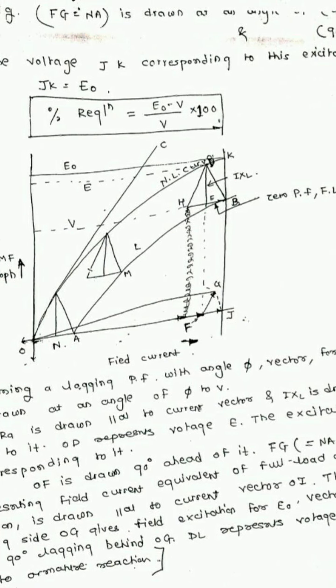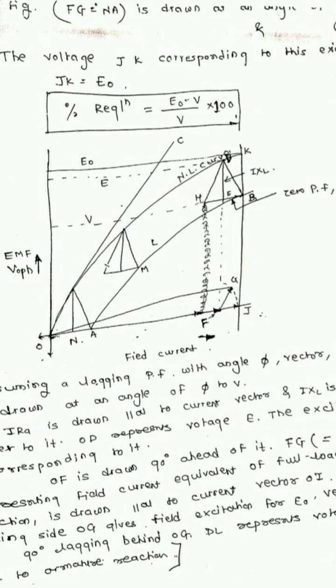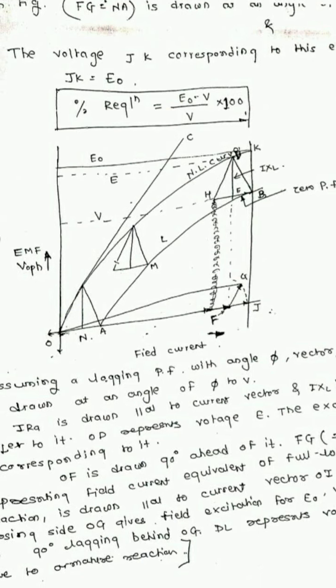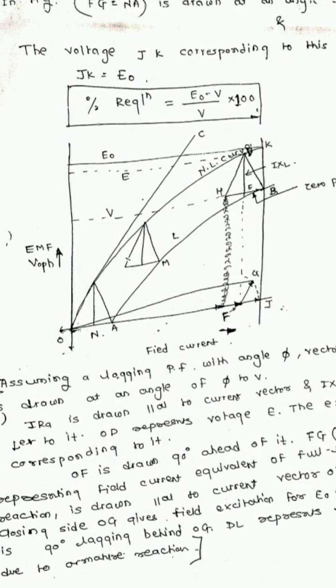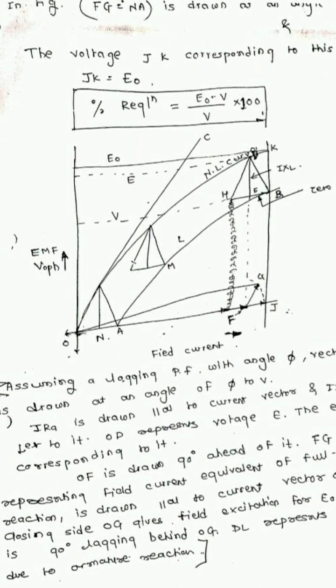Point A is obtained from a short circuit with full load corresponding current. Hence the value of OA represents the field current, which is equal and opposite to the magnetizing armature reaction, for balancing the leakage reactance drop at full load. Knowing these two points, the full load zero power factor curve AB can be drawn.